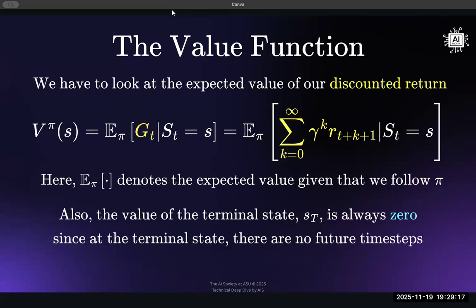And so, as you can see, we have S sub t, big S sub t, is some ambiguous state. It can be state 0, state 1, state 2. And we can do this for all of our states in the state space. But the terminal state, which is the last state in our episode or rollout, is always going to be 0, because at the terminal state, there are no future time steps to look ahead to.